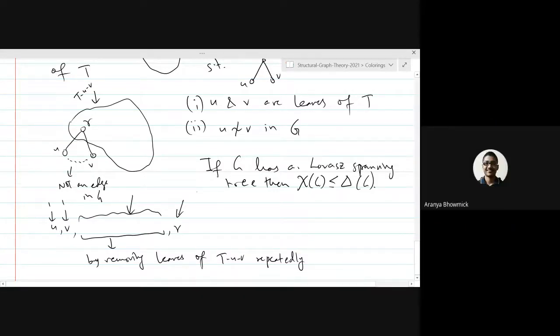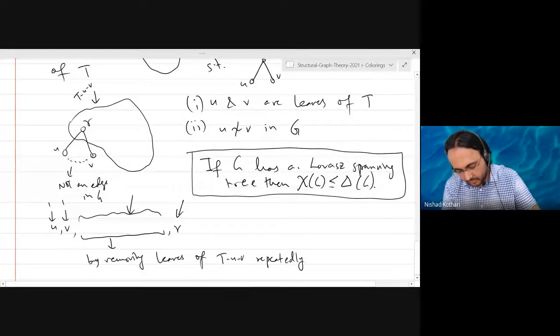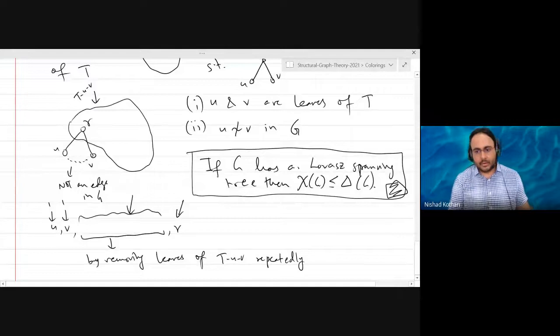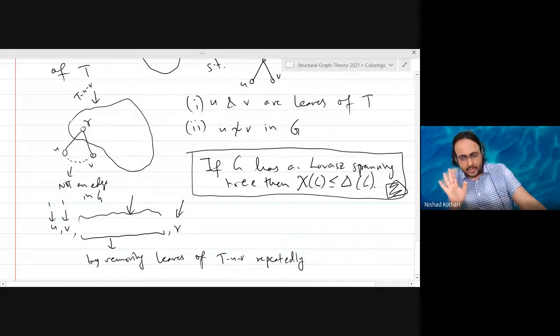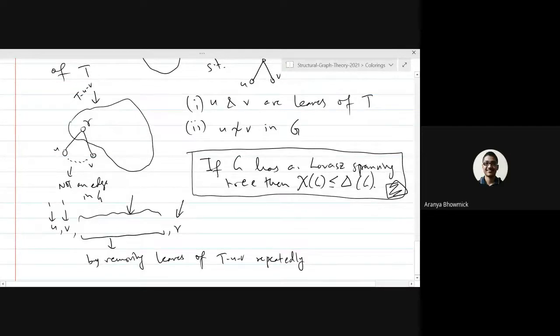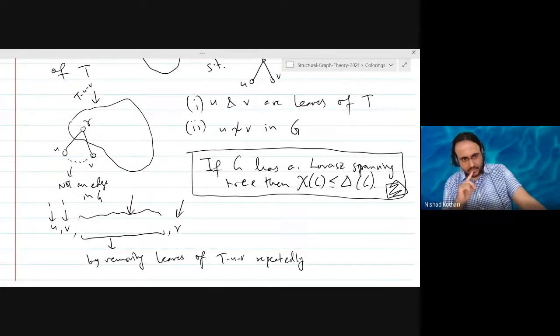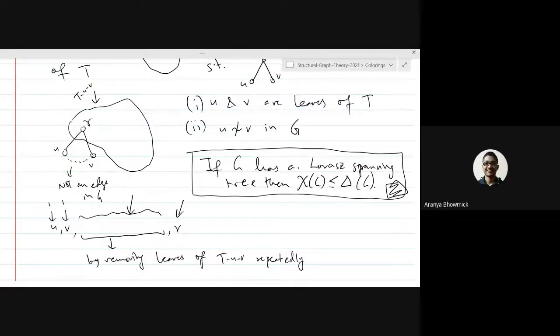But sir, I still have a question. The entire argument is based on the existence of a Loa spanning tree, right? Right, exactly. But what is the guarantee that a Loa spanning tree will exist? We'll do that for connected graphs. But this is the point I want to convey. So is everybody convinced about this proof? If the graph has a Loa spanning tree, then we are done. So now we will show that any two-connected graph has a Loa spanning tree? Exactly. And then our proof is complete. It means the entire proof of Brooks theorem is complete. Okay, fine.